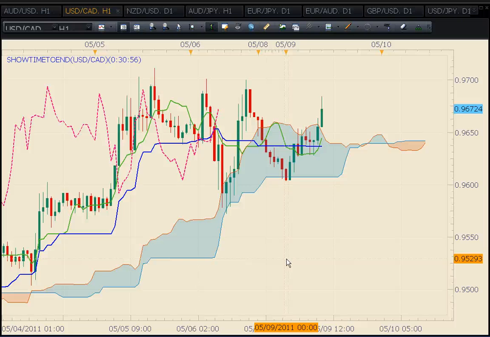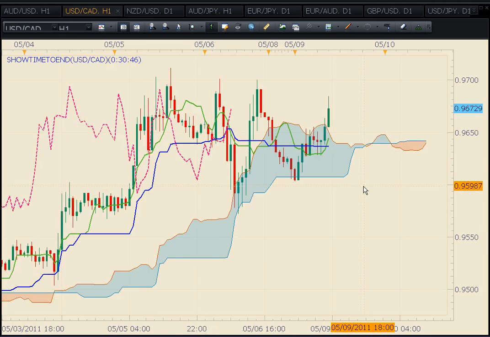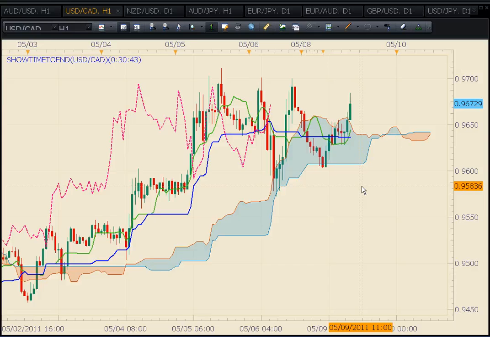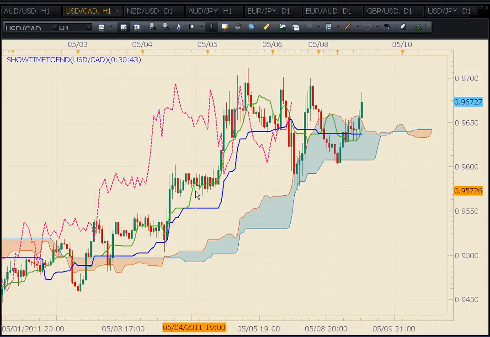Okay, I'm back today. I want to do a little analysis of the USD Canadian dollar. I'm looking for a short opportunity because what I'm looking at on the hourly, we were trending up, so we were in an uptrend. But I go to the daily,